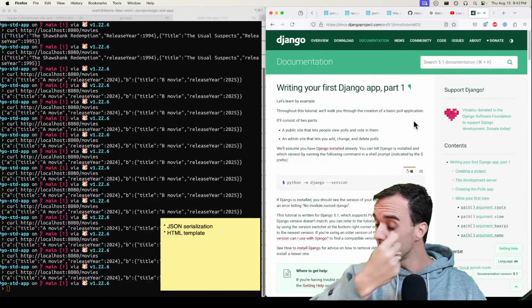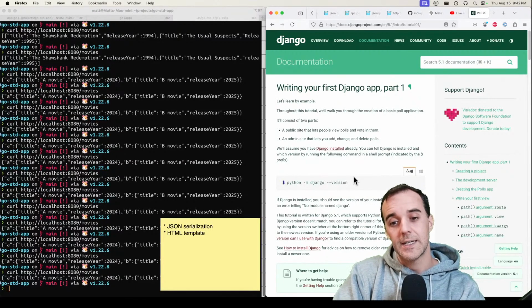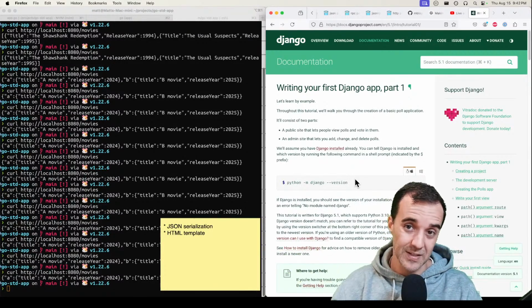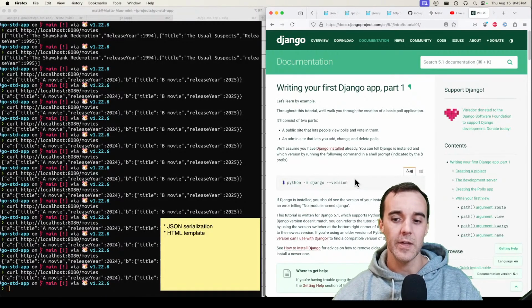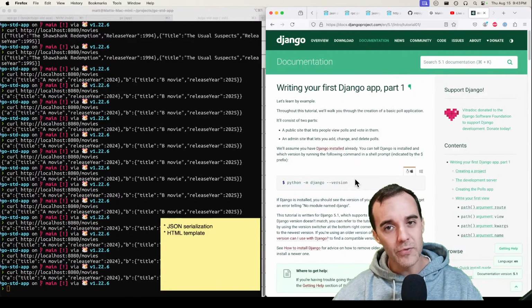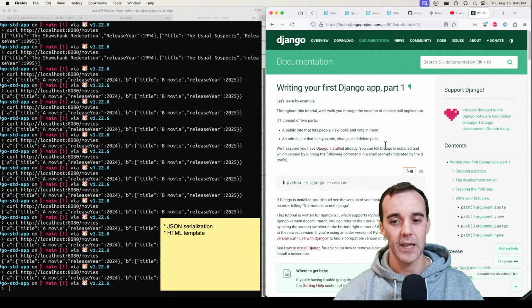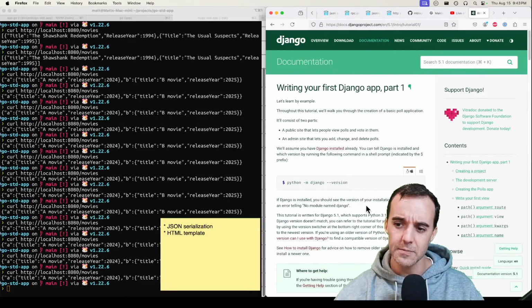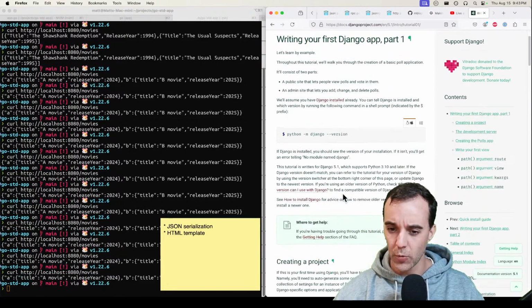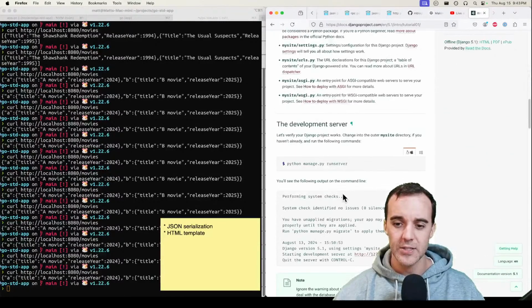The tutorial will walk you through building a Django app. It is structured to the point where you can follow step by step and walk away with a functioning app. It won't be the most beautiful app, but it'll walk you through the concepts that are paramount to understanding core elements of Django. Now, my criticism of the Django tutorial is that after you get the project going, it starts